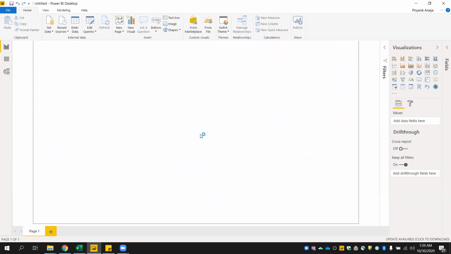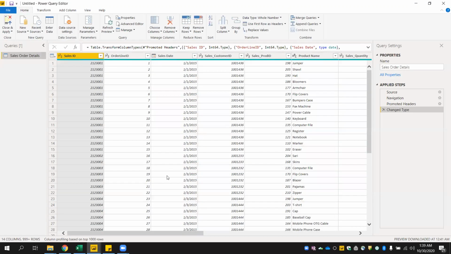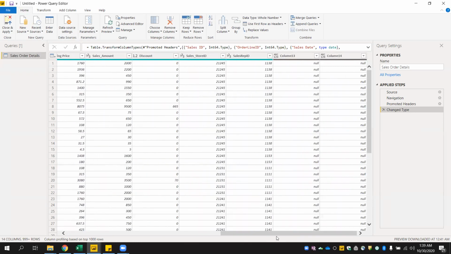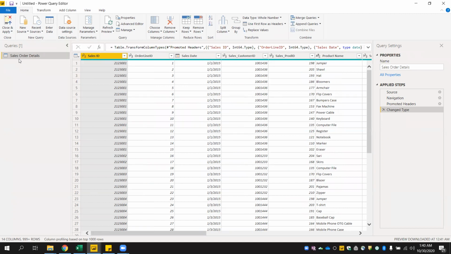Once we click on Edit, Power BI takes me to the Power Query Editor window where I can see all the data which is going to be loaded into Power BI. It is divided into three sections. First is this Queries pane where the name of the query is written. Right now it is taking the default name as the worksheet name, but it can be changed from the Name property. You can change it from this, and the moment you change it, it will replicate here.